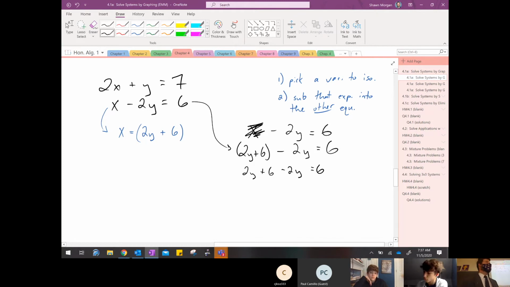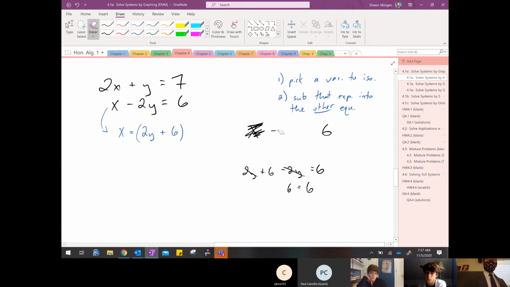What happens to the 2y's? They cancel each other out. They're like terms. I got 6 equals 6. Well, duh, that's like a dog chasing his tail. We're not going anywhere. So if you try plugging it into the same equation from which it came, you're not going to get anywhere. That's a bad idea. But check this out. If we plug it into the other equation,